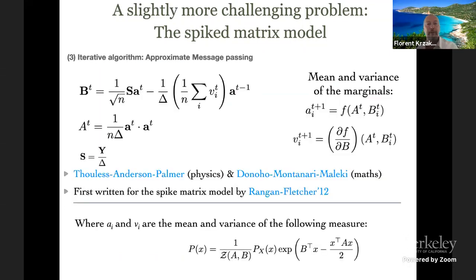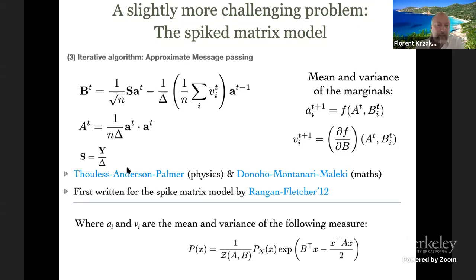All right, the third point was iterative algorithm. And that's interesting because you need to work a bit more here to get an iterative algorithm. It's just not mean field. In fact, mean field is not correct. Mean field will give you this part, but not that part. And this is called the Onsager term. But anyway, you can work it out. It's called approximate message passing.